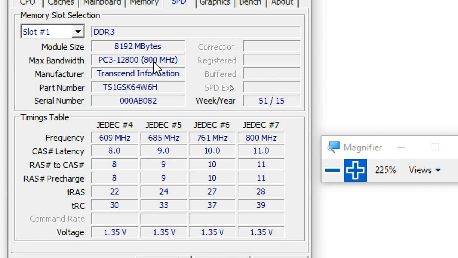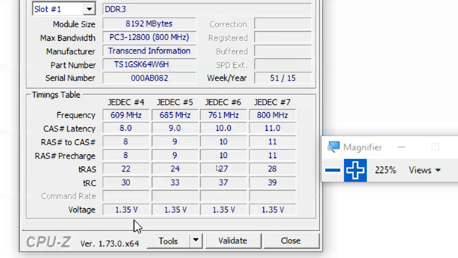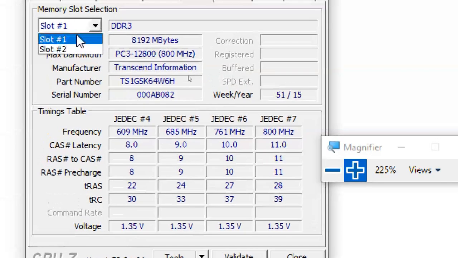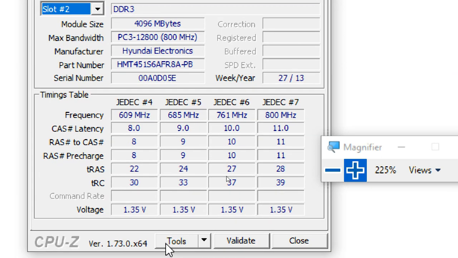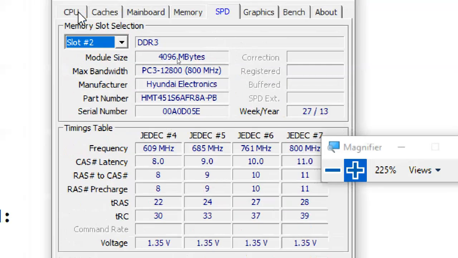It is 800 megahertz, usually effectively 1600 megahertz. It uses only 1.3 volts, low voltage. This is slot number 2, DDR3, 4 GB RAM. The information is the same as the other slot.